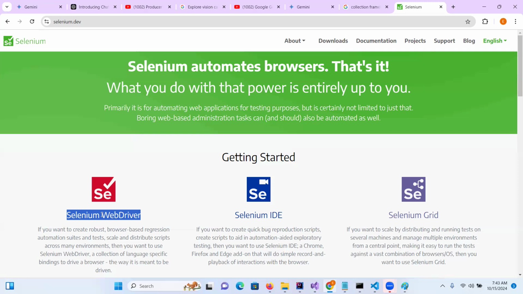The same Selenium WebDriver is available in Java, C Sharp, Python, any other languages also, JavaScript, all the languages. So that is the main success of Selenium. If you know one programming language, in any programming language you can automate